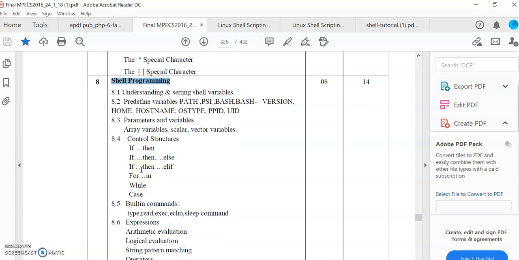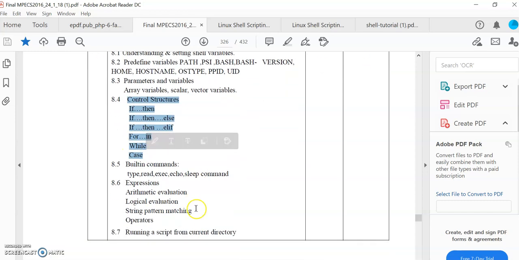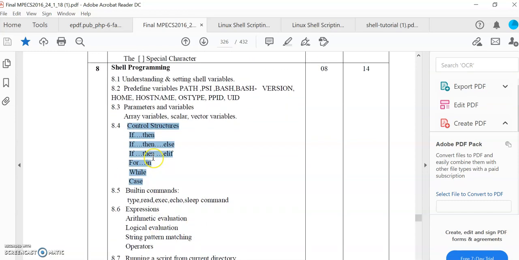For executing and writing shell programs, we need to learn some syntax, just like we need to study variables, then the array concept, the looping concept, and control structures. So these are some basic requirements we have to learn, and after that we can write programs in a shell script. Just like we have written programs in the C language, and currently you are writing in Java and PHP, in the same way we will write a script.